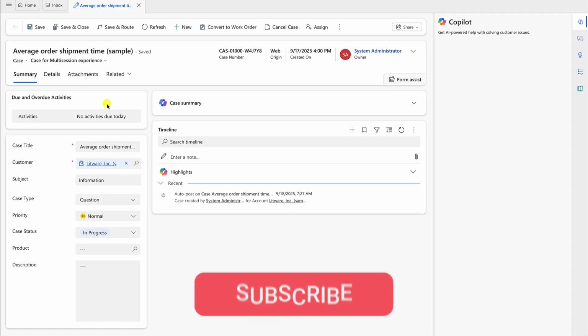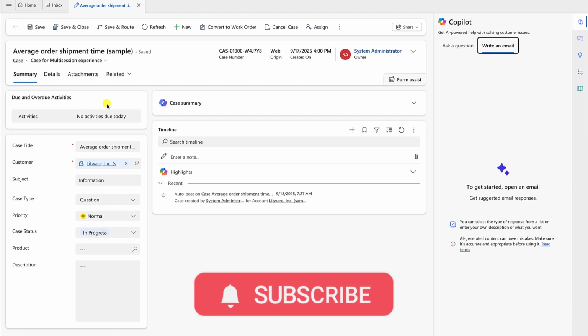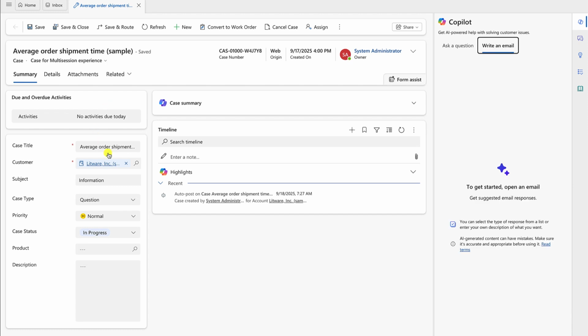Okay, so let's look at a potentially common scenario where you've got a case record in customer service, you've got a case type, and out of the box you get question, problem, and request. Now, let's assume that you're dealing with multiple request types throughout your organization, and for each of those request types, you might have a bespoke set of data points that you need to capture.